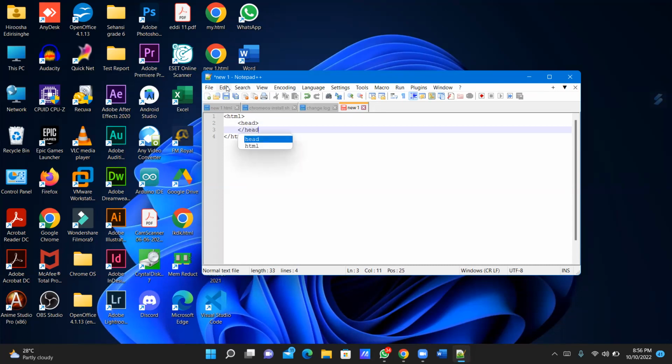Up arrow, press enter, another tab key. Then the title tag open, title tag close. These are essential steps.